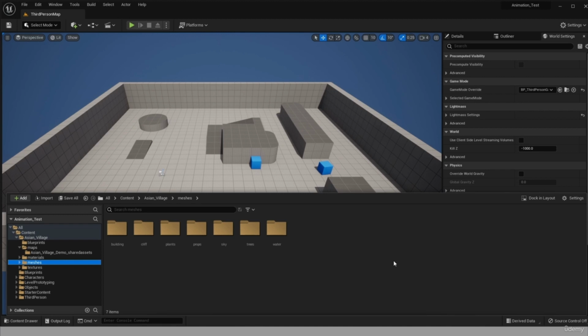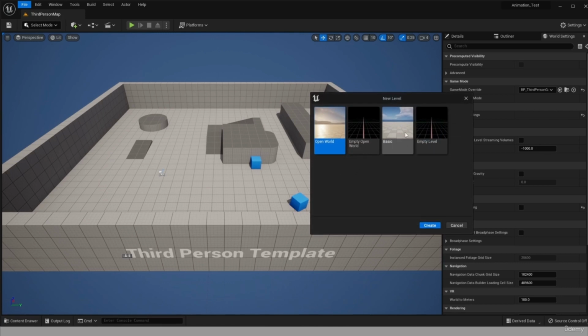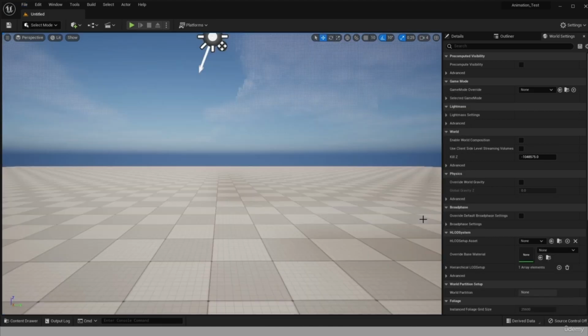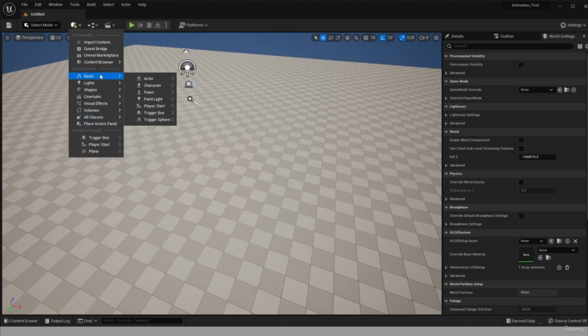Although we don't have time to create a real level of a real game, I'm just going to show you how it works so that you can do the same when creating your own game. So I'm probably going to start with a new level, and it's going to be just a basic level. You're going to add the player starts first,